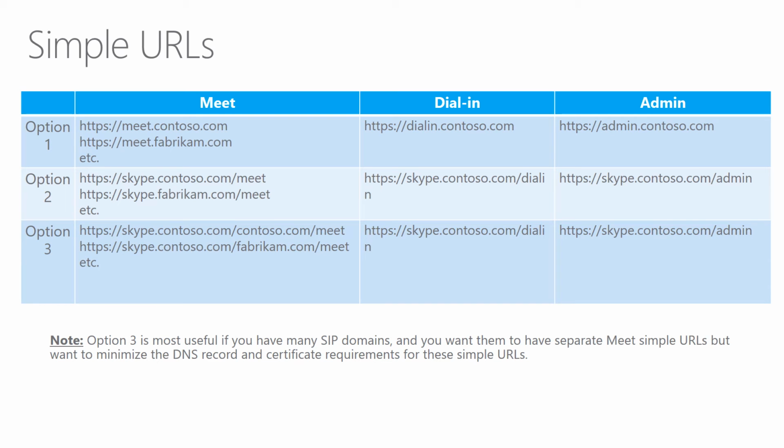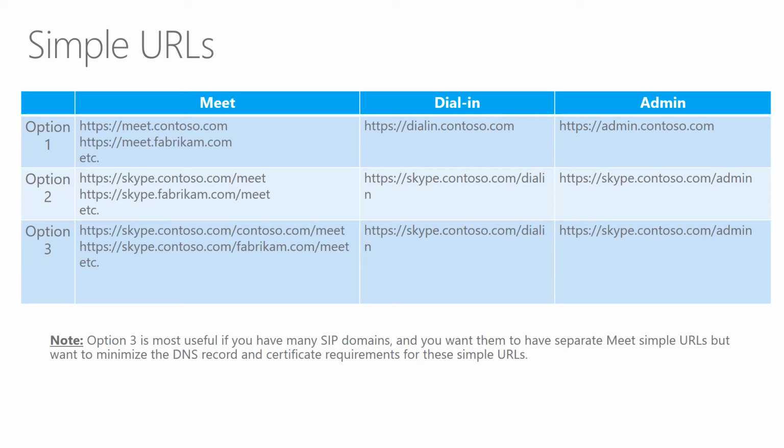Option 3 offers the greatest flexibility in terms of large deployments with multiple subdomains. As you can see, it uses a common base URL regardless of the actual subdomain. In our example, this is skype.contorso.com, and you can see how the subsequent subdomains are appended to that base URL. So we have skype.contorso.com/contorso.com/meet and